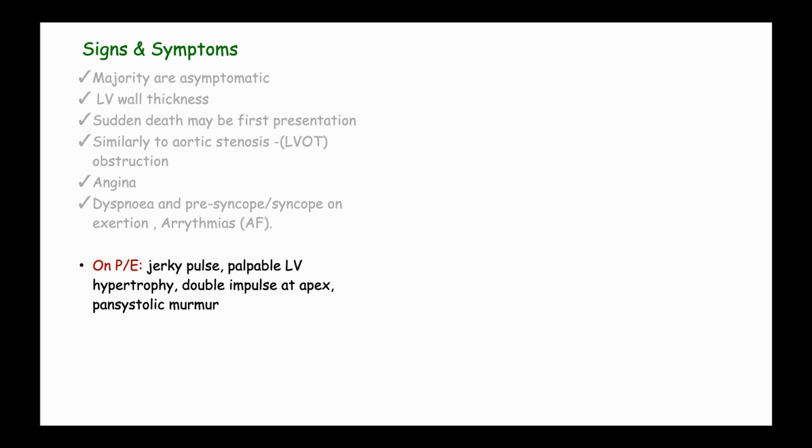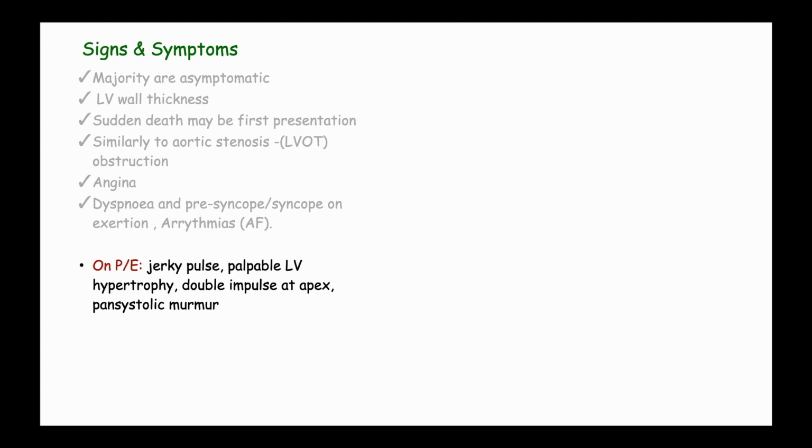We may find a double impulse when we check, and this double impulse is usually caused by the combination of the contraction of the hypertrophied atrium as well as the ventricles. That is how come you get this double impulse at the apex of the heart. Then we also have a pansystolic murmur due to the backflow of blood through the opened